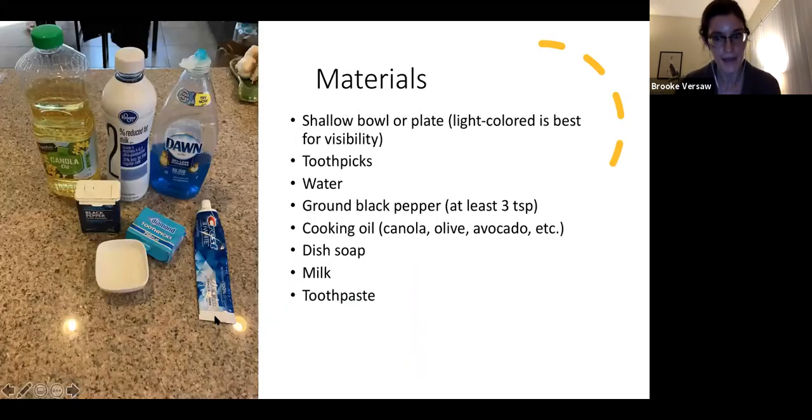So it's science time. So these are the materials that we're going to be using. I'm not sure if you had access to these already, but if you don't, I'll give you 2 minutes to run and grab them. You're going to need a shallow bowl or a plate, preferably something light colored so it's easy to see what's going on. A handful of toothpicks, or if you don't happen to have those around, you can use bamboo barbecue skewers. You could potentially even use a pencil, although you'll want to wipe it off between uses.